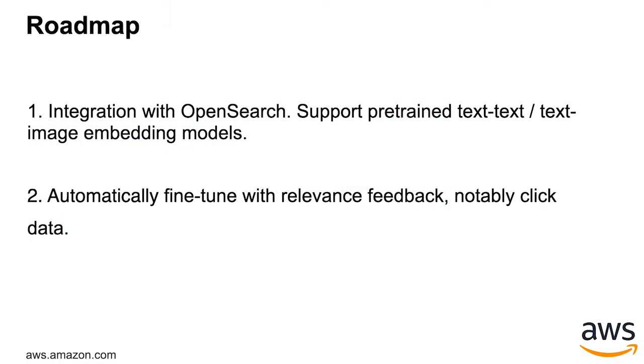Our roadmap is actually to bring together the state-of-the-art AutoML toolkit and the state-of-the-art search engine backend, OpenSearch. We are trying to integrate AutoGluon with OpenSearch, and in the future, users of OpenSearch will be able to extract pre-trained embeddings to improve their search engine. And also in the future, via the AutoML functionality in AutoGluon, users will be able to automatically fine-tune these embedding models via the